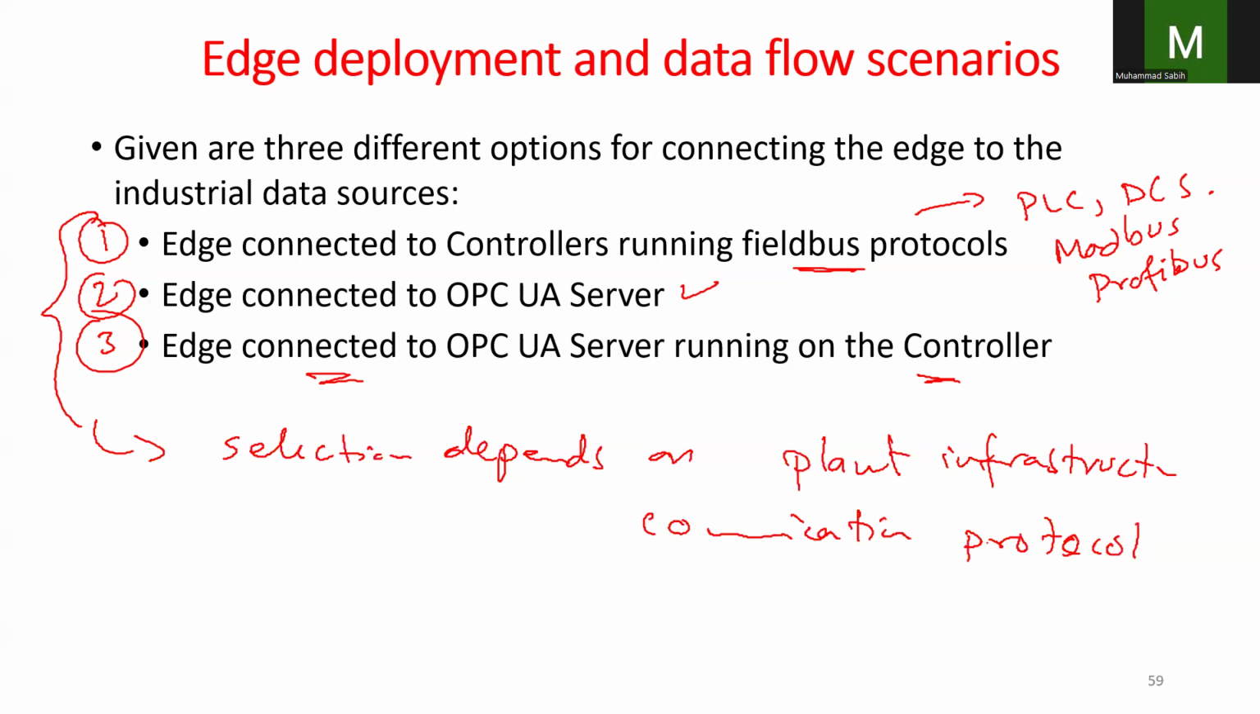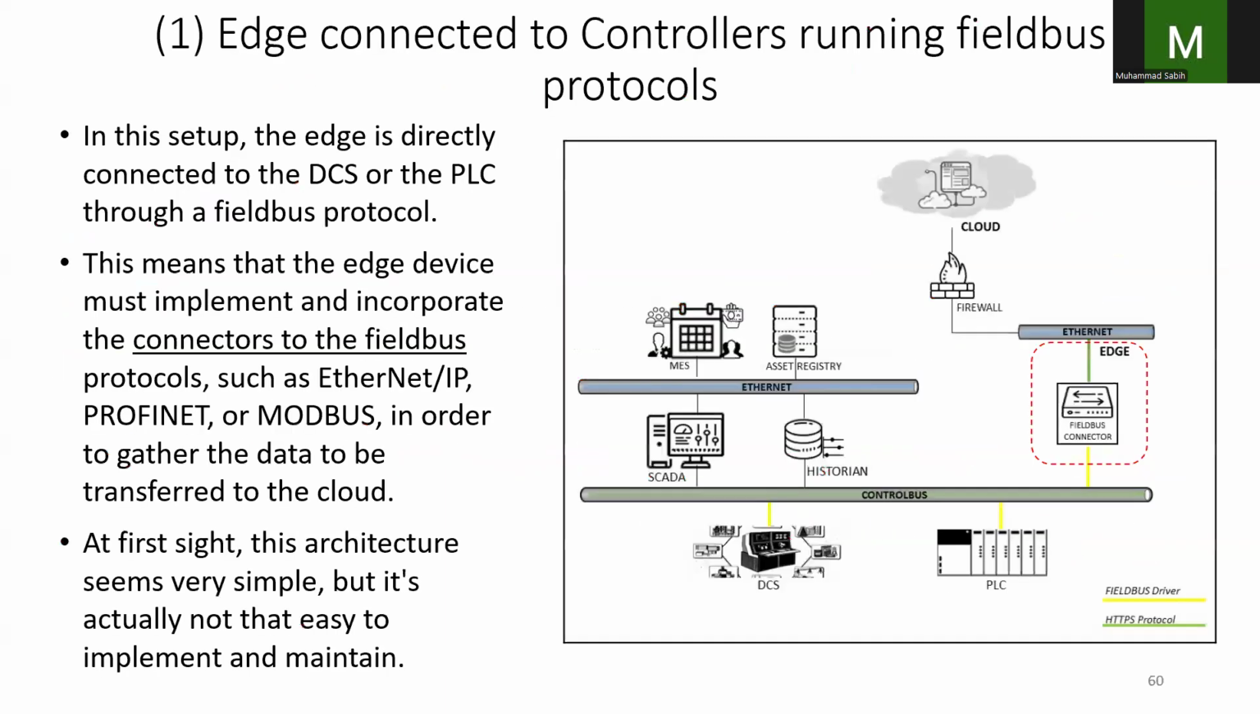Protocols in use, and also the level of abstraction required at the edge. Okay, so in this first architecture, the edge device directly interfaces